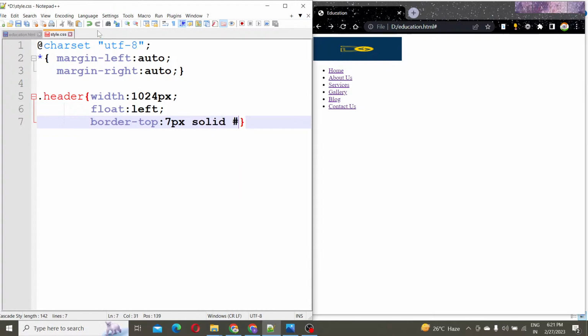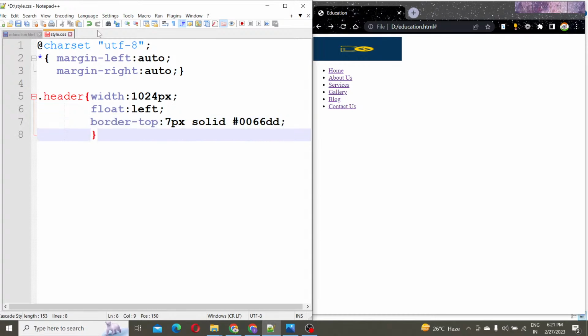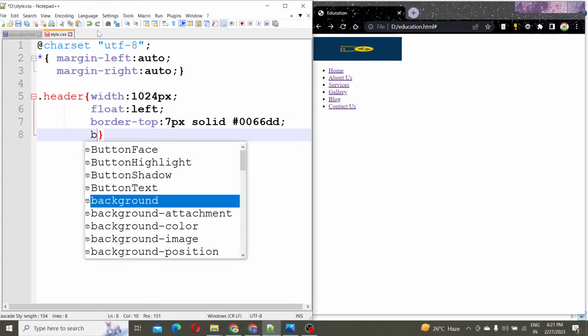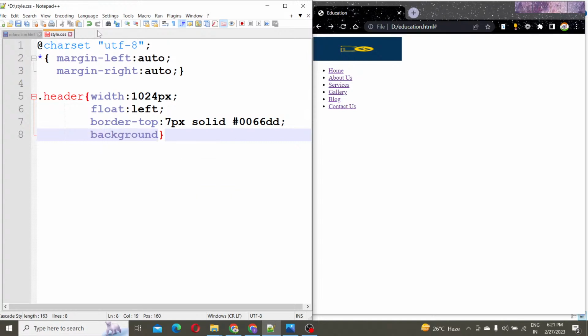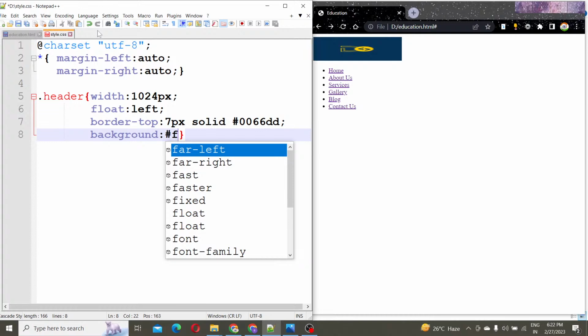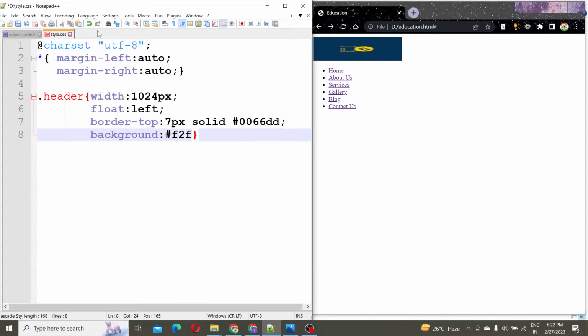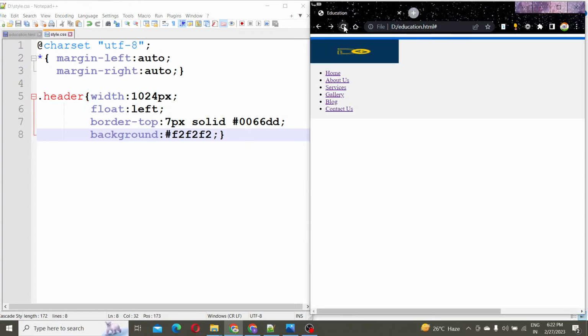And let's make its color, this is actually one color that I have already used, so I know. And then the background color is, so background is going to be this. Okay,